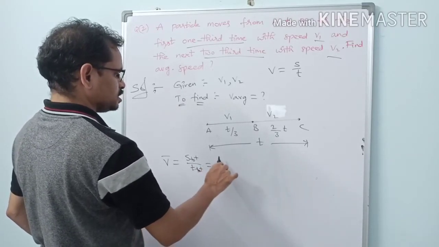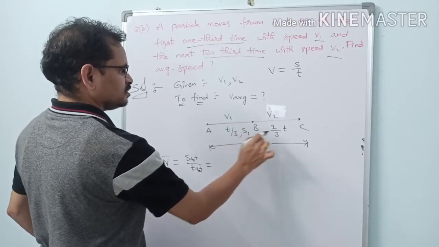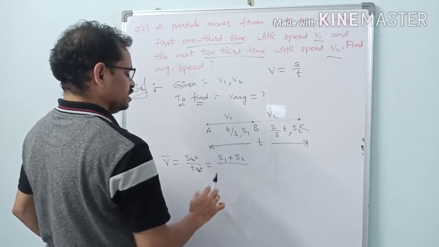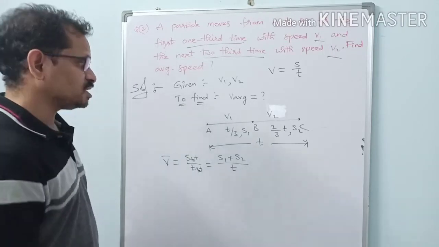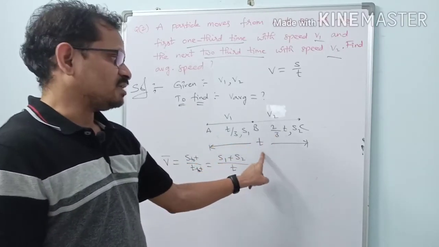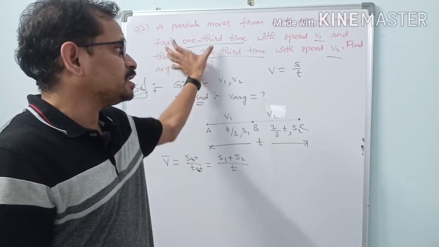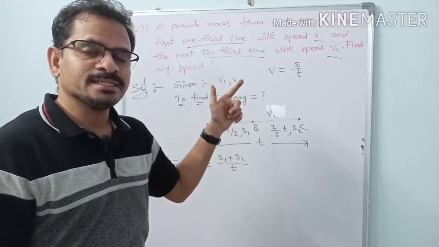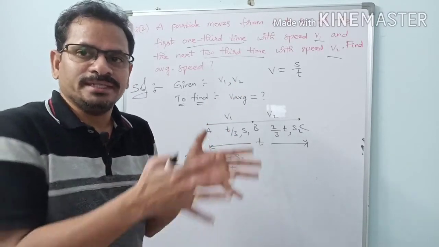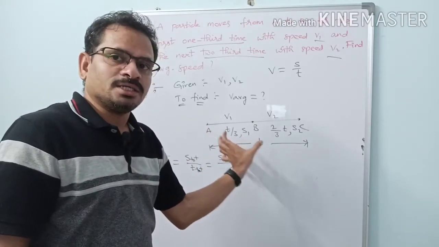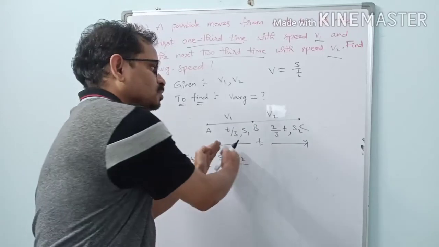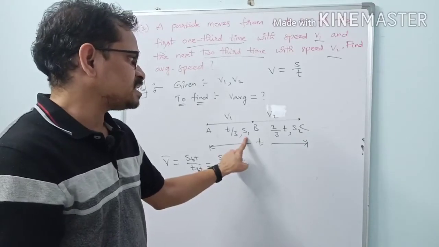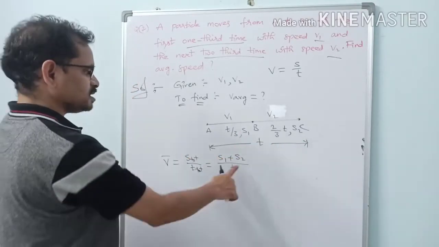So what is the total displacement here? Total distance equal to, let this one, this is S1 and here this is S2. So S1 plus S2 by what is total time? T. No confusion here. What fractions are given, take that one as total value. If time is partitioned in this problem, we have taken T as total time of journey. In the previous case, displacement partitions were given, distance partitions were given. There we took total S and each fraction. So here we are taking total time T and fraction T by 3, 2T by 3. And in the case of displacement, we are taking as S1 and S2 here. Okay, right. So S1 plus S2 by T here.